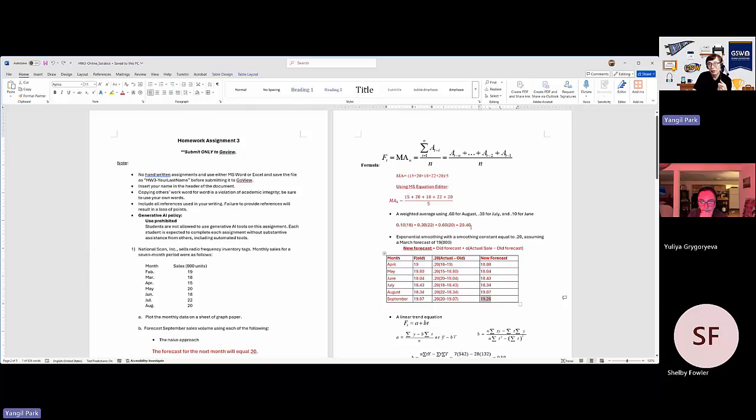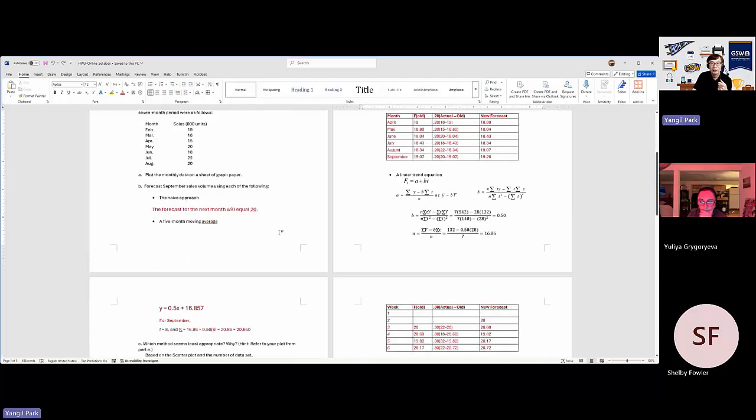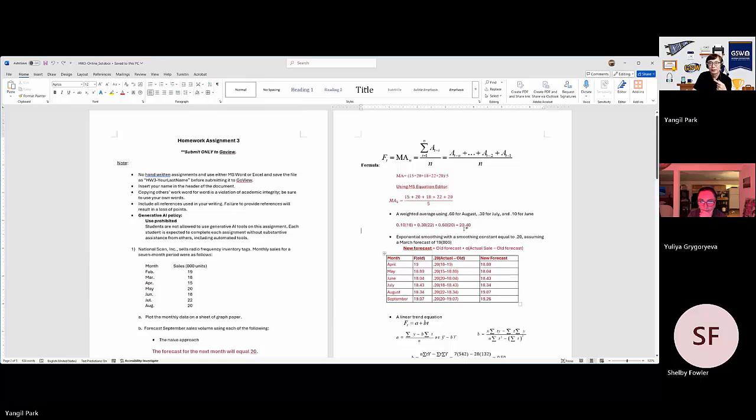Okay, so a little bit off from the weighted average or just the moving average, I think. Not sure how much the moving average was. I didn't get the answer here, but